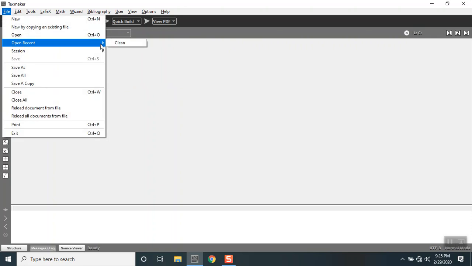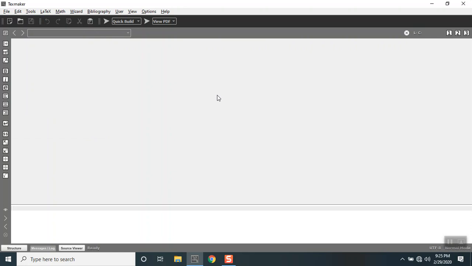I can clean them up. For example, when I click clean, this gets emptied. This is generally useful when you work on a public computer, like in a laboratory, or a computer that a lot of people have access to. So it'll be better if you clean the recent files. And one more thing: when you delete a file from a particular location, the entry in the recent files still remains. And that's it regarding the procedure to open a file.